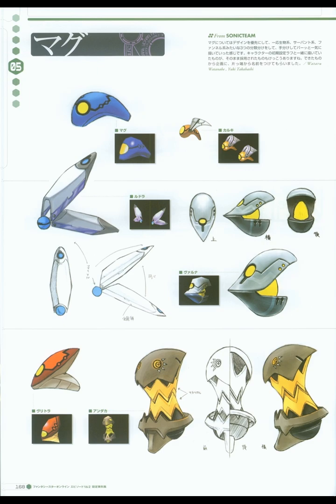This page continues the exploration of mags, showcasing various designs and types. Starting with the mag design itself, depicted in blue with a yellow eye, there are also variations, such as Karuke, which looks like a bird-like mag, Rudra, which appears to be a butterfly wing-inspired mag, and Valna, a silver and yellow design. Further down the page are Glitra, an orange and red mag, and Andaka, which is green and more